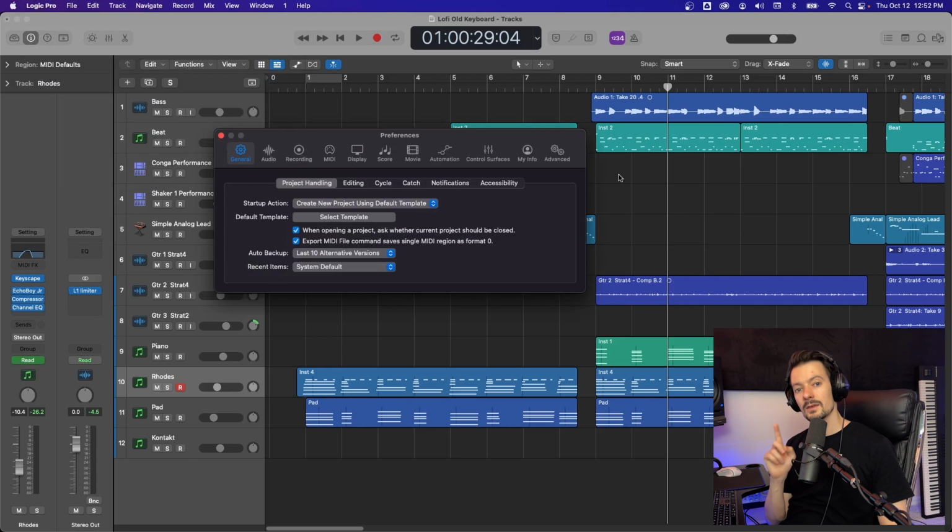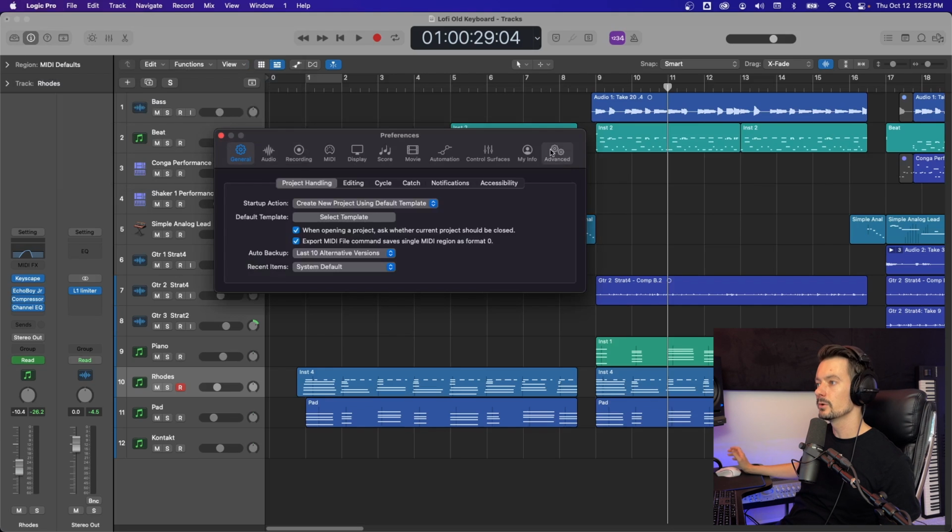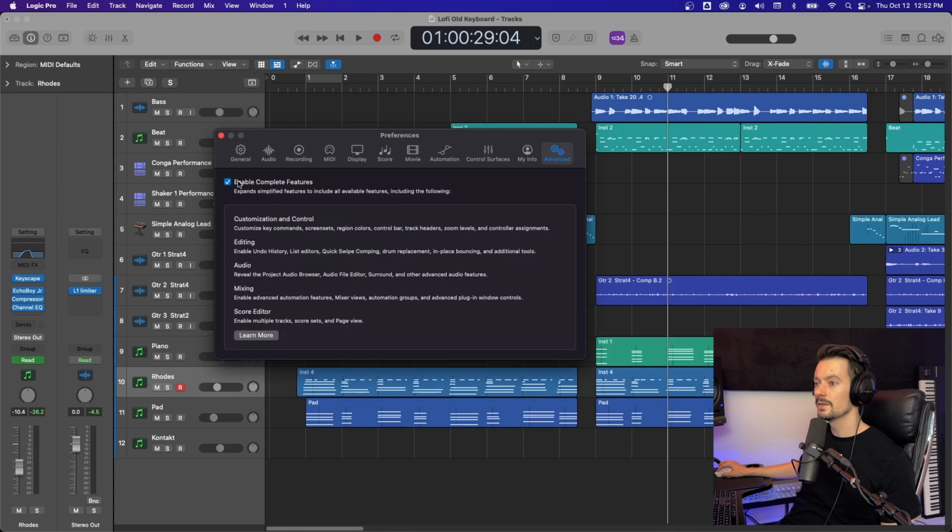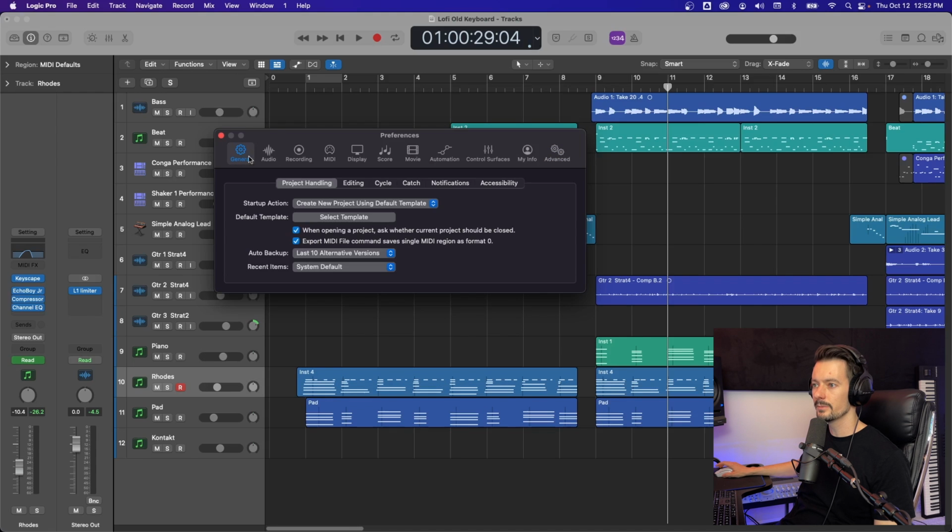The one thing you need to do first, though, in order to properly follow this video or to use Logic at its fullest, is to go to Advanced and turn on Enable Complete Features. Logic comes by default in a kind of watered down, basics state that strips away some of the advanced features that you might not need. But generally, if you're learning the settings, turn this on and you'll have full functionality of Logic. So once you do that, you can check that box, go back to General,